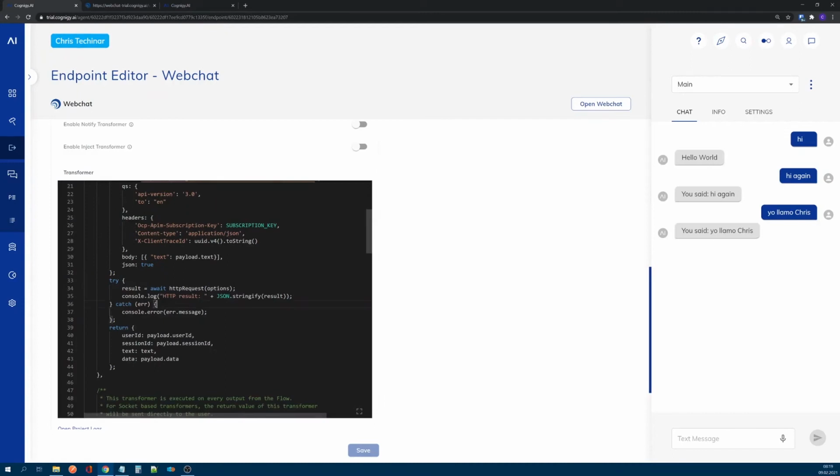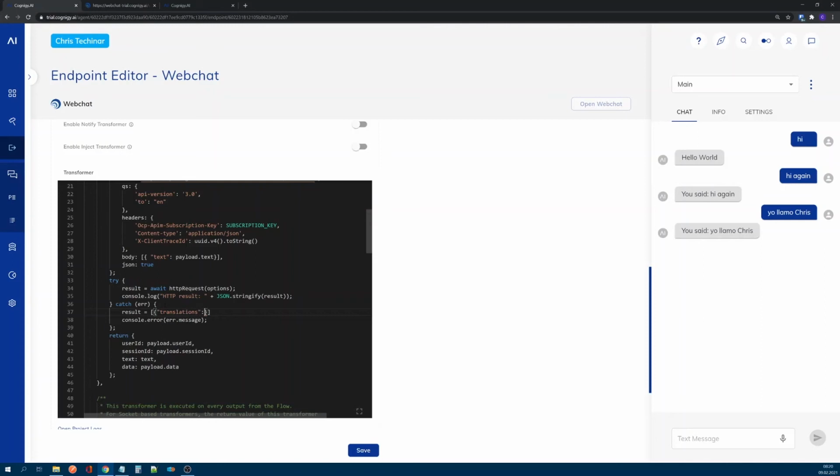So let's actually initialize the result in case of an error so that we can still use it and not have the transformer crash on an error regarding the HTTP request, which could be rather bad, because then the user does not get anything.